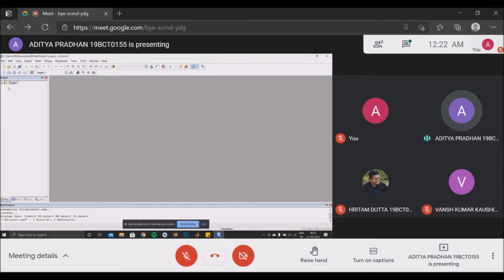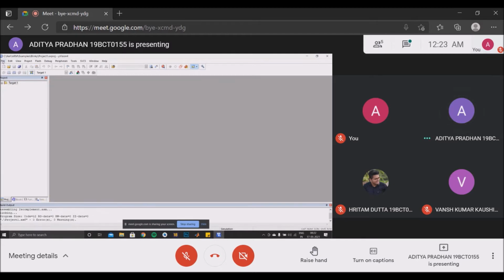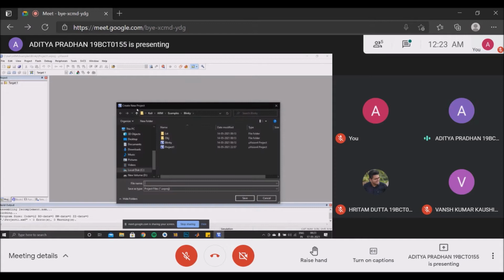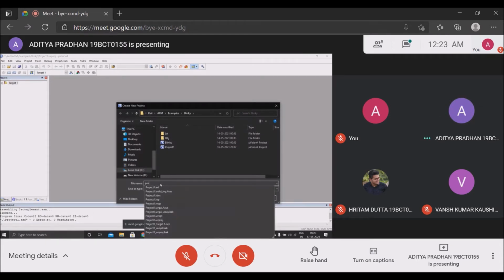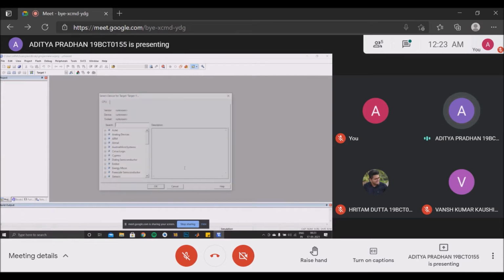On opening the app, we are first required to create a new project. So we create a new project. We need to give it a name. Once the project name is given, we need to click on save.